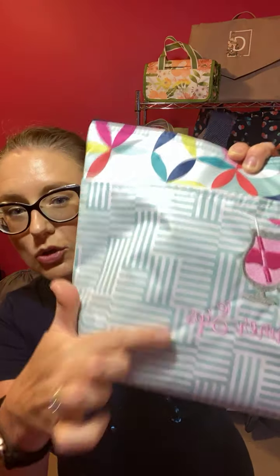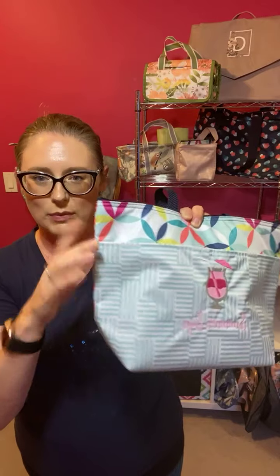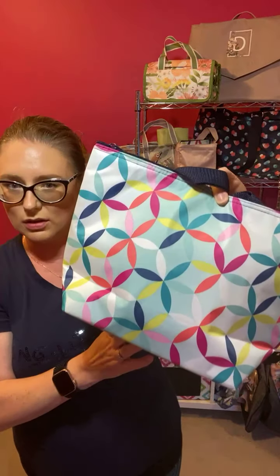This guy is our thermal tote. It is our #1 best-selling entry-sized thermal. So this is our smallest adult-sized lunch bag. As you can see here, it's got a hint of the kaleidoscope. This is the blueprint I was talking about just a second ago. So that last thermal comes in this one. And then this bag I like because it kind of mixes both together, and then it's got a solid kaleidoscope